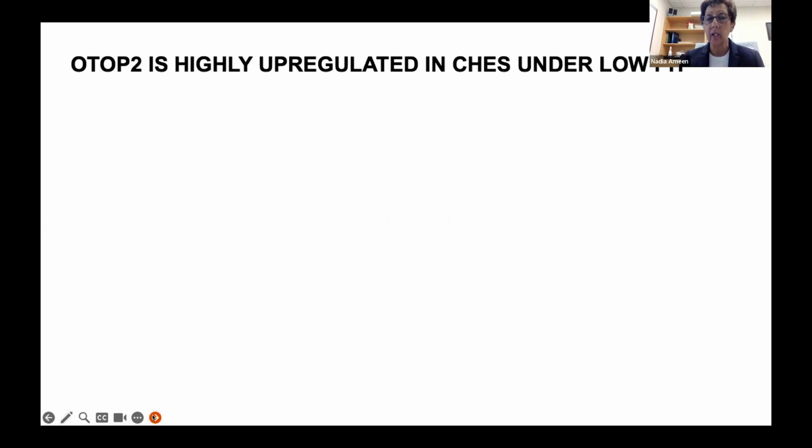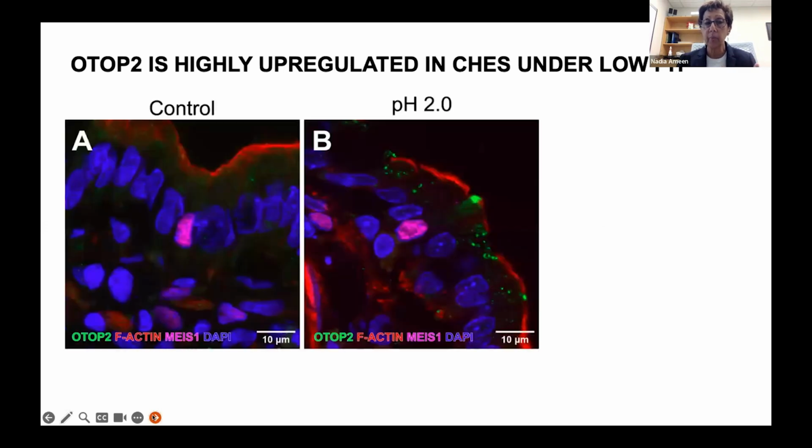So we then looked at otopetrin 2 in chi cells under normal conditions and under conditions when we lower the pH. And we did this doing physiologic experiments with native intestine, where we lowered the pH in the lumen. And what was very interesting is that a mouse chi cell, which is labeled in magenta, has no otopetrin staining under conditions when the pH is neutral. But when you lower the pH to 2, you can see a robust upregulation of otopetrin in the apical portion